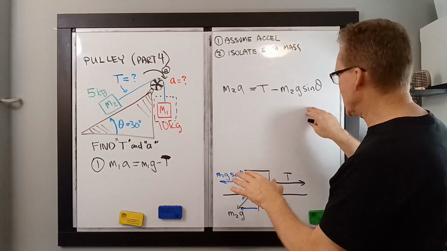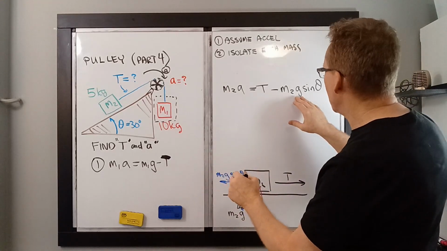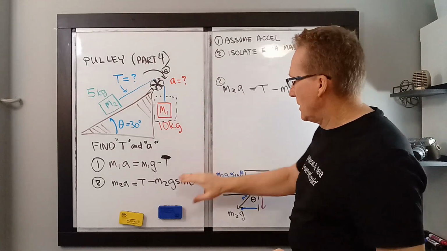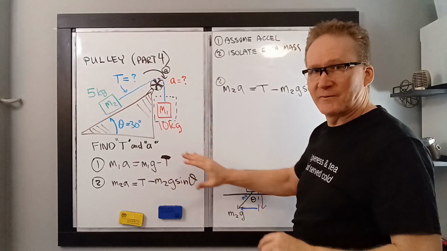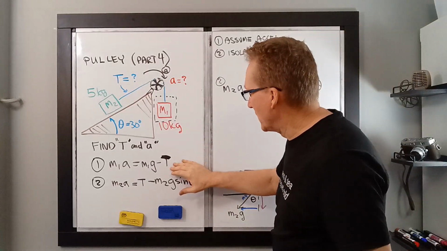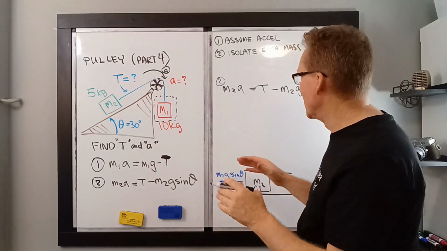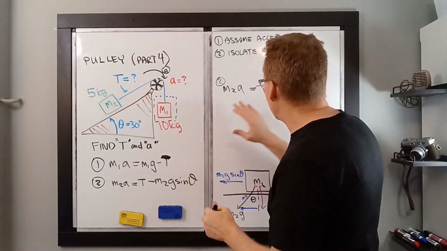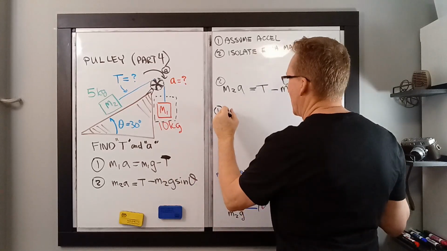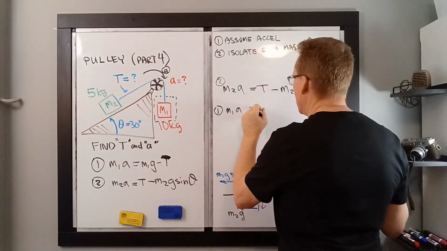So now we can take this. We don't need this diagram down here anymore because we have one equation there. We have a second equation here. I've taken this equation, I've left it up here, and I've also written it down here just so we have it for reference for later in case we need it. Now here's equation 2, here's equation 1. We want to be able to eliminate something so we can solve for either the acceleration or the tension. Let me take equation 1 and rewrite it up here as well. Here's equation 1 from here. m1a is equal to m1g